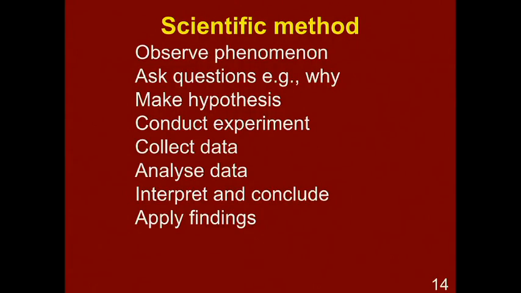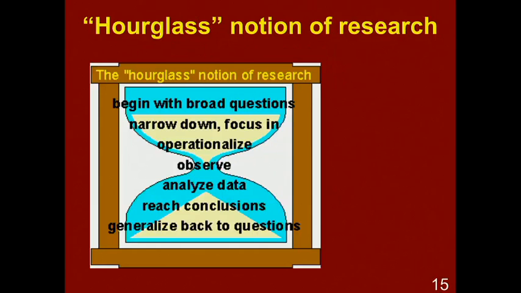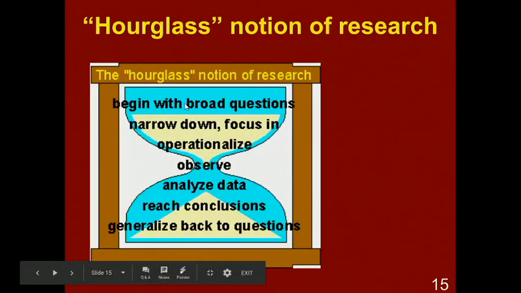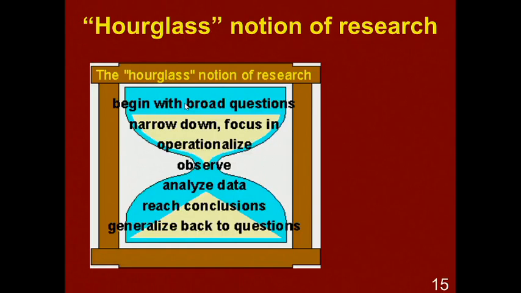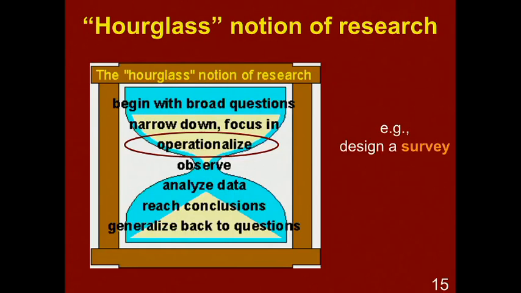Modify our theory if it's not right, or if it does seem to be supported, then design something else to test the theory in another way. Now you'll see different versions of that model, perhaps expressed like this as an hourglass, where you start broad, narrow down to a specific question, and operationalise, which is to make measurable, such as by using a survey. And this is where surveys come in,